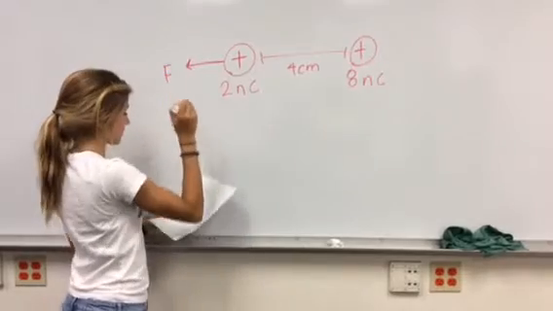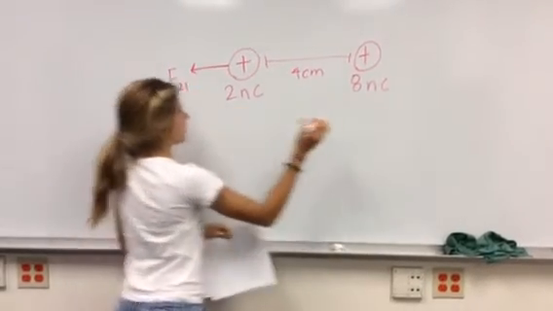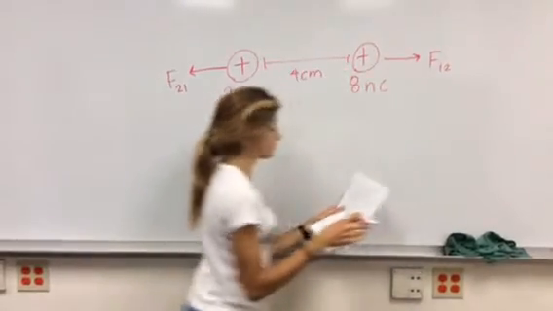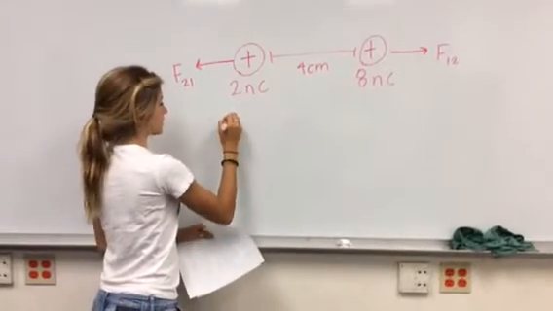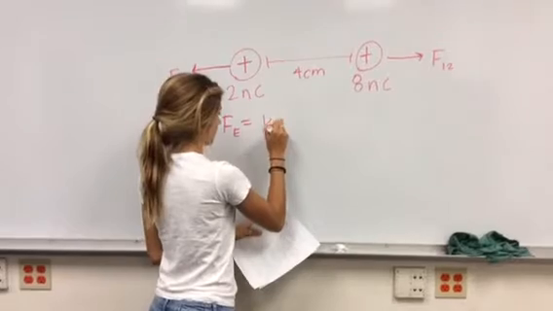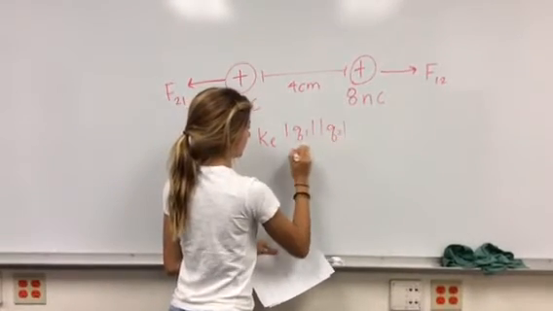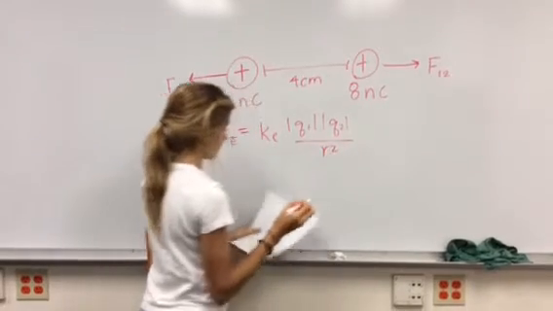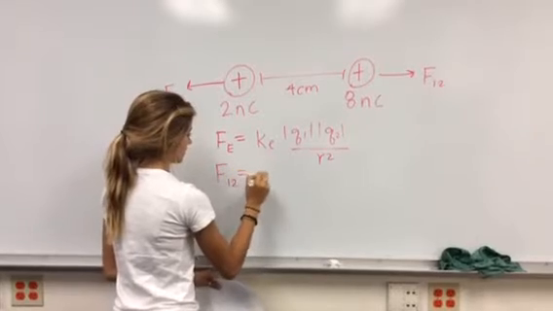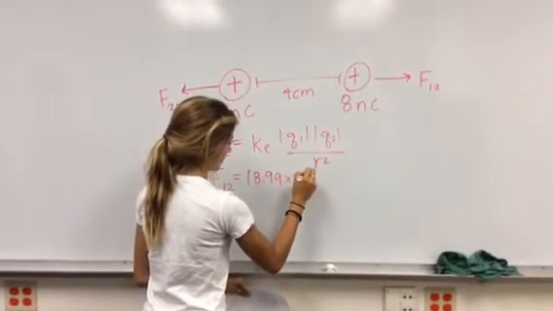So this is the force of 2 on 1, and this would be the force of 1 on 2. So the force equation that we want to use is k_e Q1 times Q2 over r squared. So when we plug it in, we have the force of 1 on 2 is equal to 8.99 times 10 to the 9th